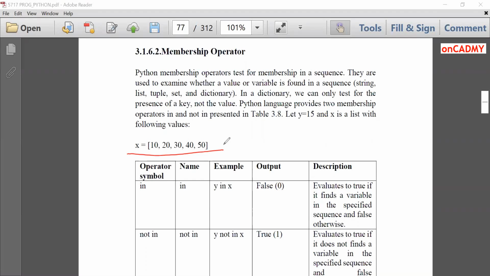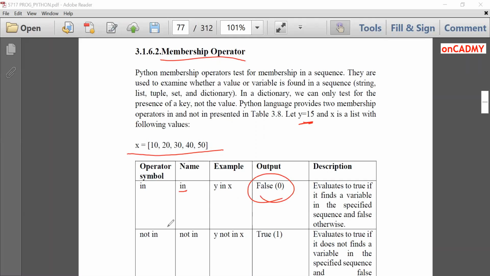Suppose we have this list of numbers and I'm going to check whether this 15 belongs to this X or not. Then I can check it very easily by using the in operator, which is termed the membership operator. I'll check Y in X. So whether 15 exists in X, there is no 15 in this X. So the answer will be false.